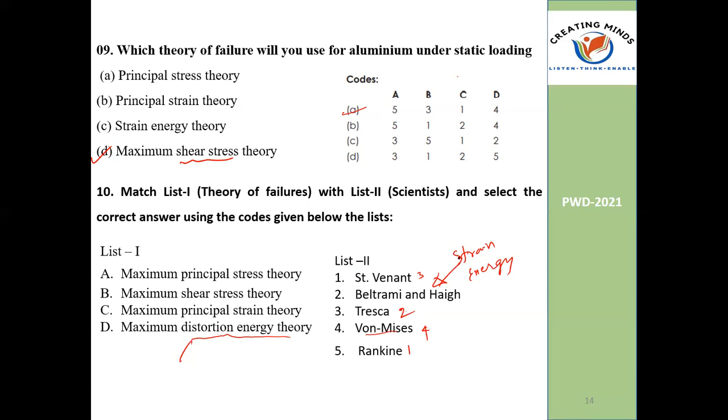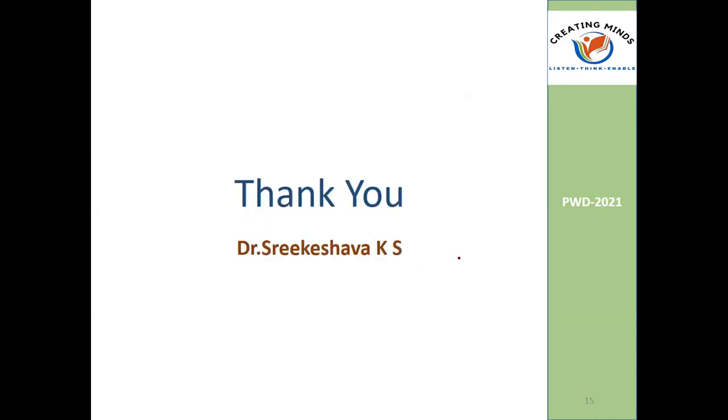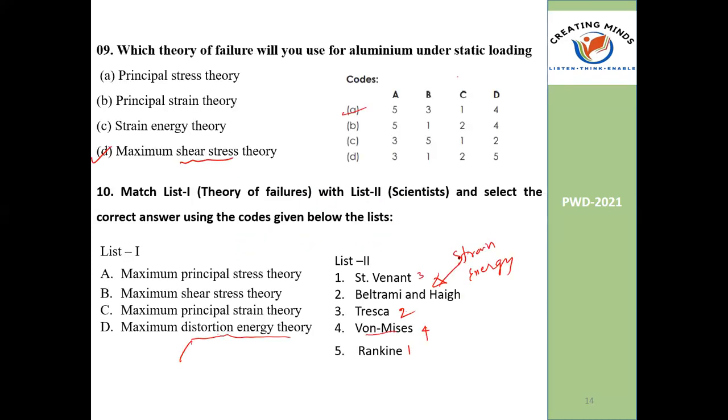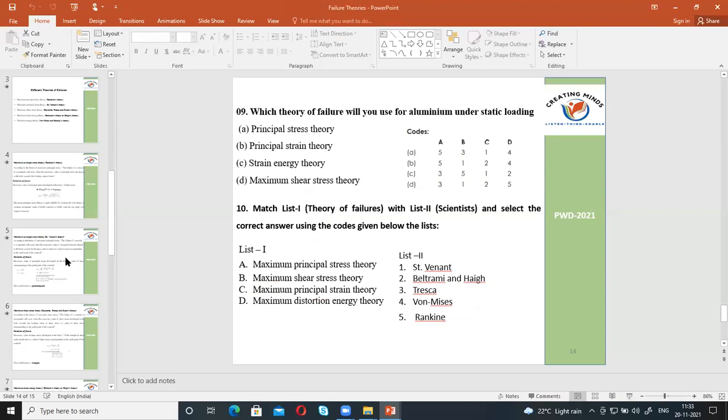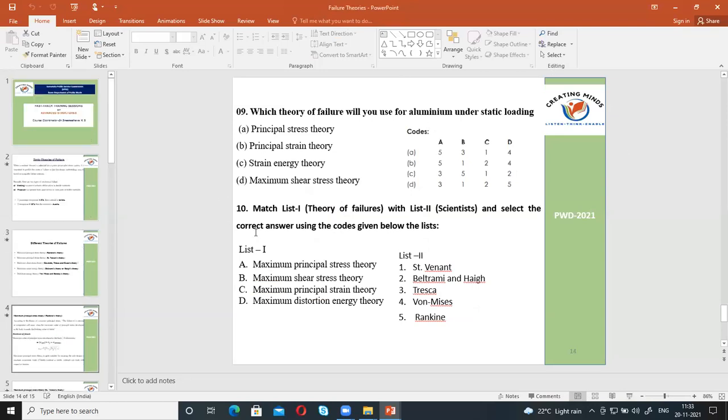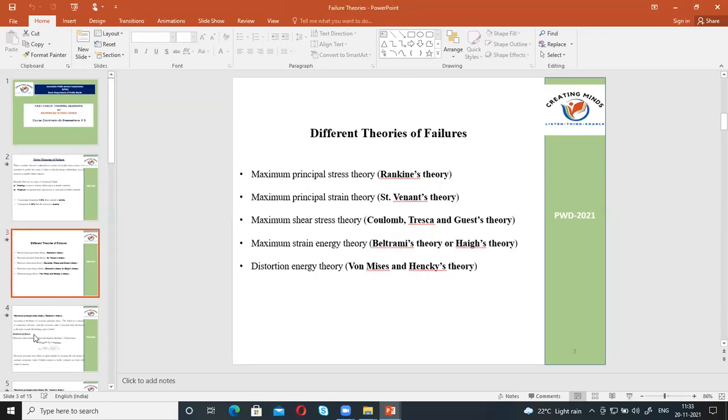So any doubts? So here we saw regarding principle. Any doubts in failure theories? Any doubts in failure theories? No, sir. See, only these kinds of things you may expect, because if you observe each and every question, there are only 5 theories. I have already told that they are having 5 theories, and in these 5 theories, the main thing is,